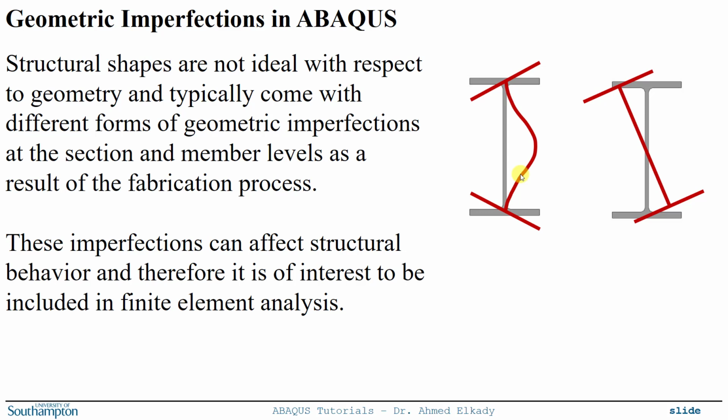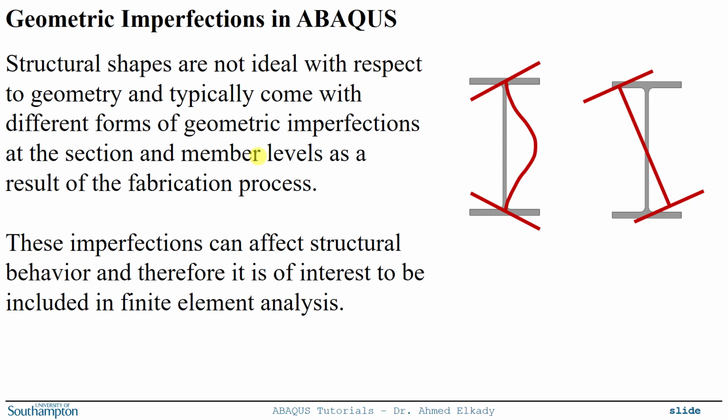So these sections, because of the fabrication process, when they are shipped from the fabricator, you will typically have some geometric imperfections, very slight geometric imperfections at both the section level as well as the member level. And these imperfections, of course, are below a given tolerance based on the standards in the respective countries. So these are very small imperfections that most probably are not visible by the naked eye, but again they are